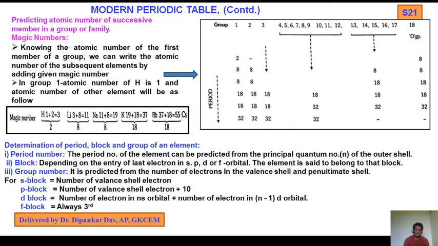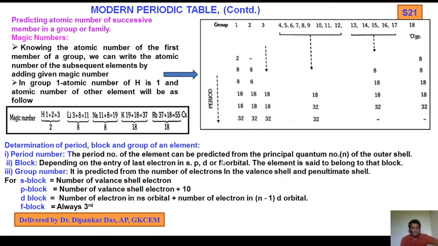This is very important because sometimes a question is given where the atomic number is not mentioned. So in order to find out the atomic number, we should know the magic numbers corresponding to the groups. So group 1 magic numbers 2, 8, 8, 18, 18, 32. Whereas in groups 13 to 17, 8, 18, 18, 32. In inert gas, 8, 8, 18, 18, 32.